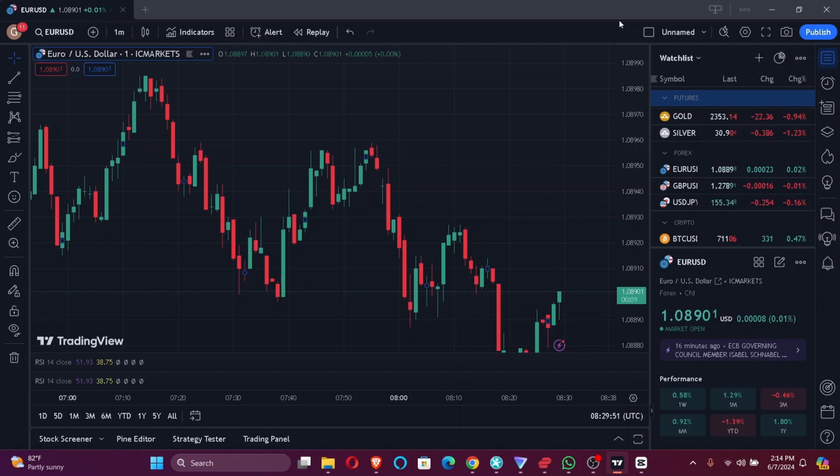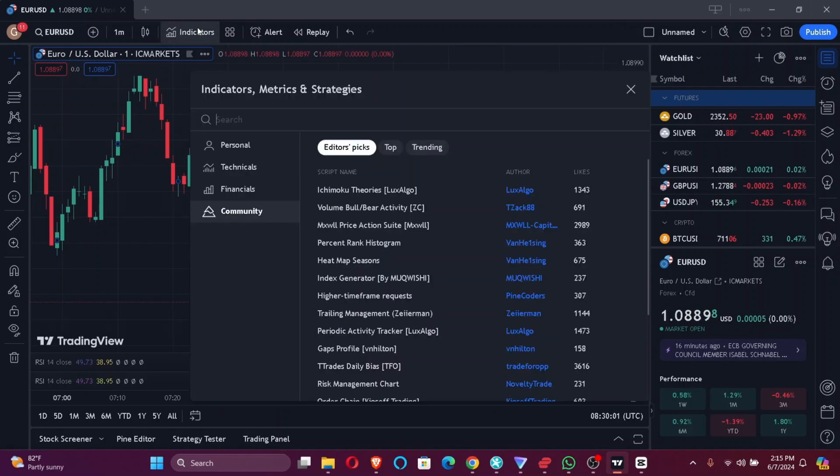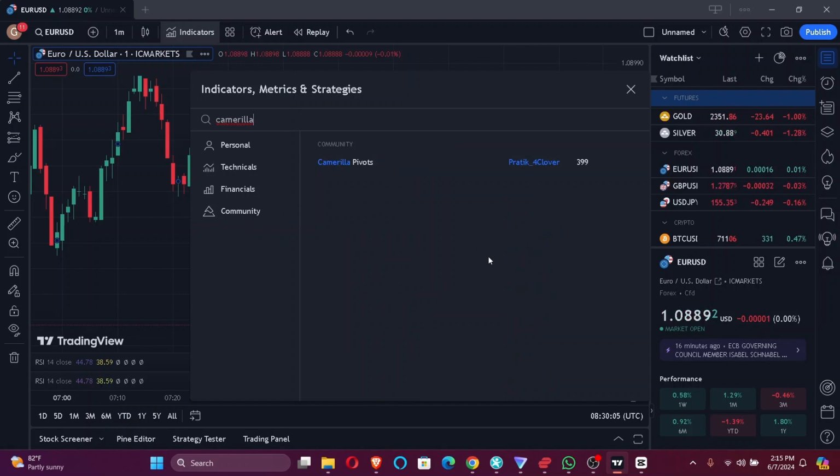Firstly, open your TradingView account. After that, what you want to do is log into your TradingView account. After logging in, you'll find indicator on the top of your screen. Just click it. Now, just search Camarilla Pivot on search option, and you'll find this Camarilla Pivot on the search